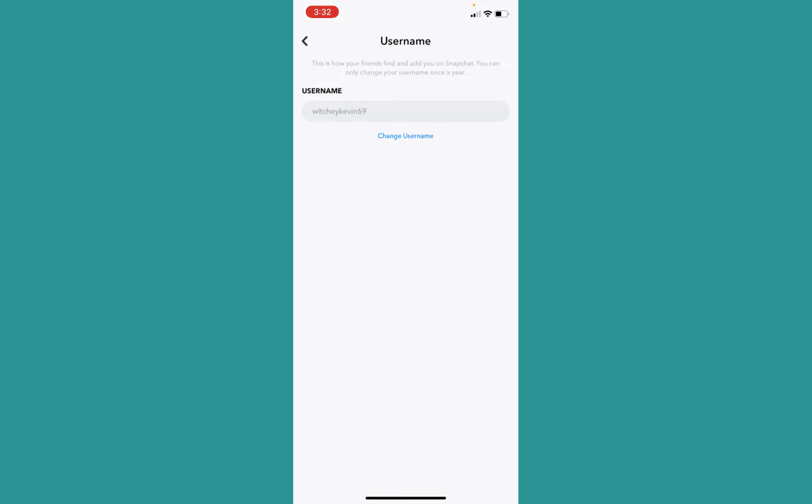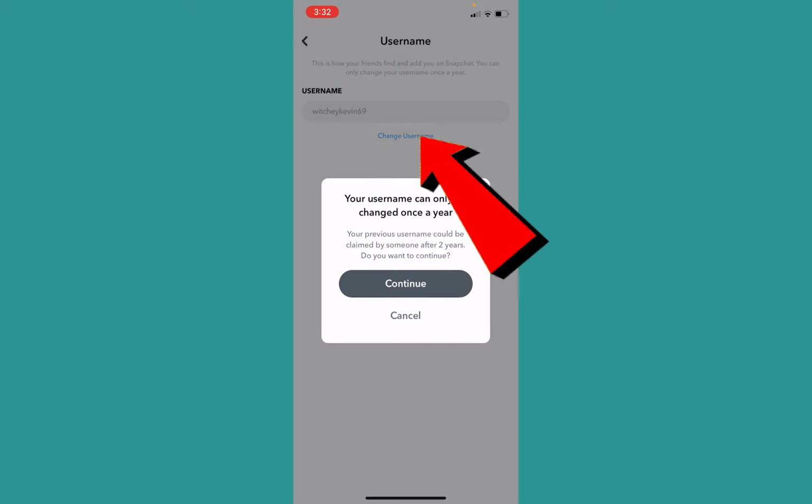You can only change your username once a year, which means if I change my username right now, I cannot change it for 1 year. So you have to make sure that you're okay with changing your name. If you're okay with that, click on the little button at the bottom where it says change username,